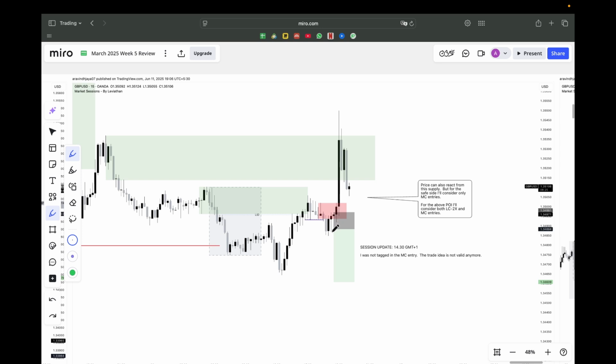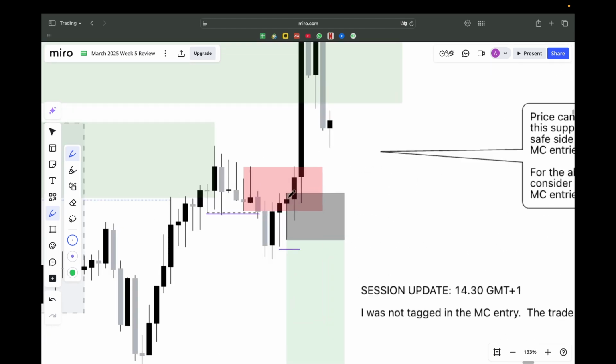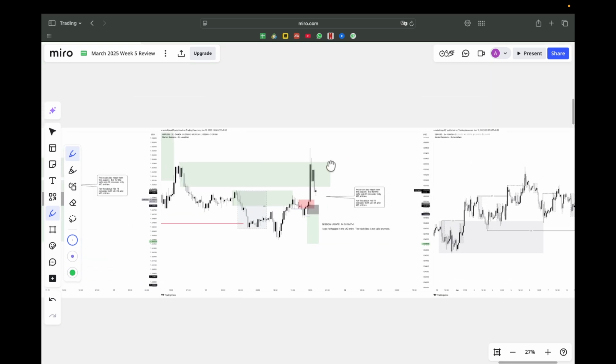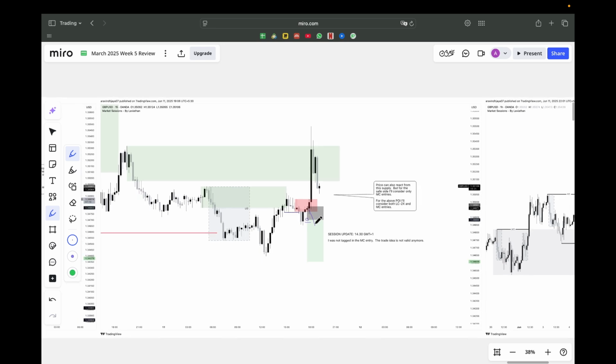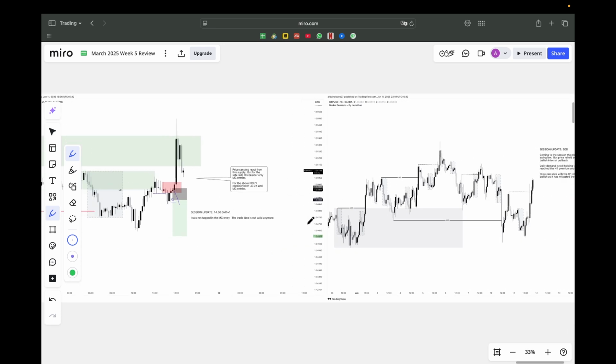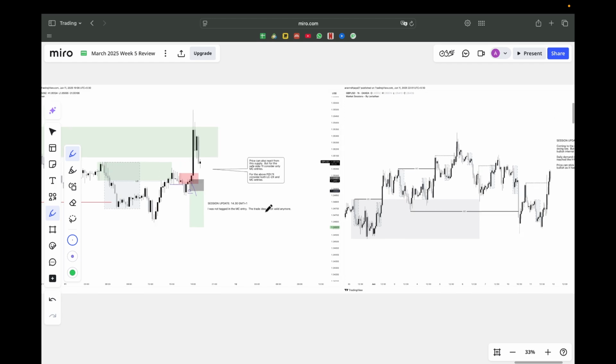So first I kept my trade right here. Then this candle was invalidated, so I kept my trade right here, and stop loss just above. But this candle was also invalidated, and price took up and smashed the above POI also. So I didn't get tagged in because my entry was right here. If this candle came down, then I would have been tagged in, and basically it's a sell stop order, so I didn't get tagged in. So this happened at 2:30, and the trade idea is no more.